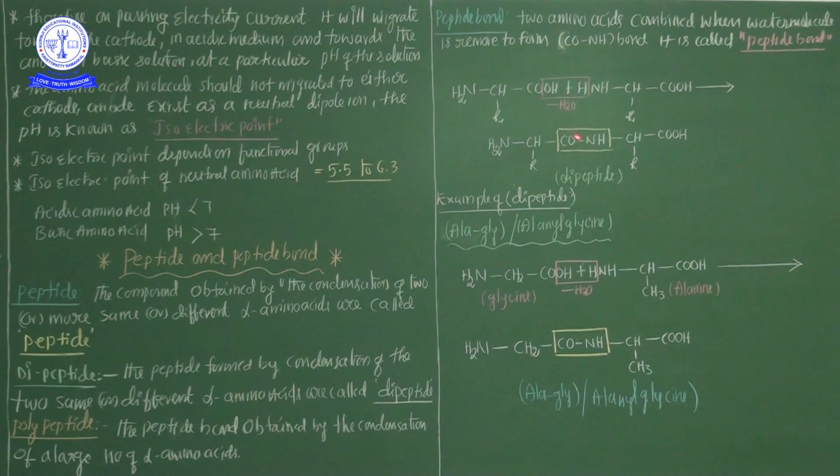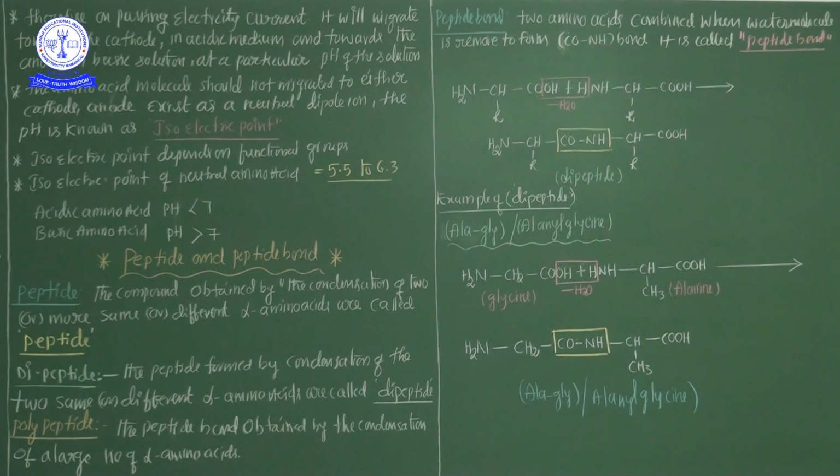A number of such peptide bonds are present in proteins. That's why polypeptide chains are there in proteins. For example, hemoglobin is one of the best proteins in our human body. In hemoglobin, 574 amino acids form 573 peptide bonds. That's why it's a polypeptide. All proteins are polypeptides.